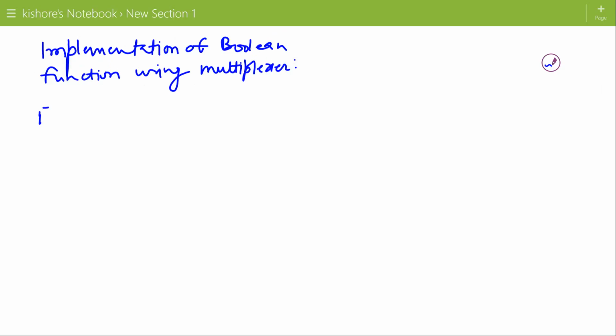Suppose f is a function of three variables a, b and c, and the Boolean function is